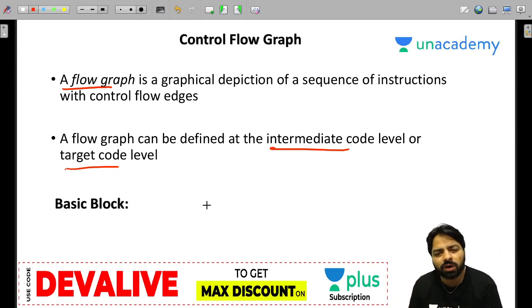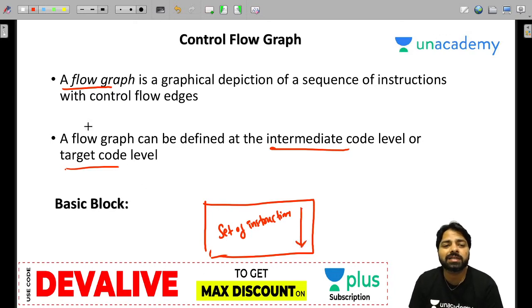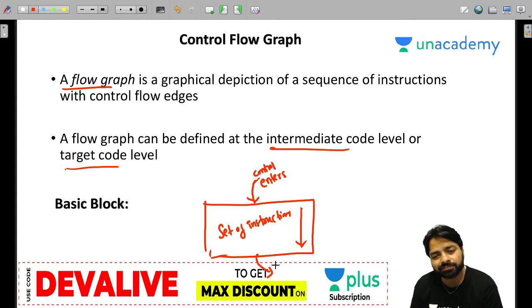The basic block is going to keep a set of instructions which are going to be executed in a sequence. The control only enters at the beginning, and control only leaves at the end.